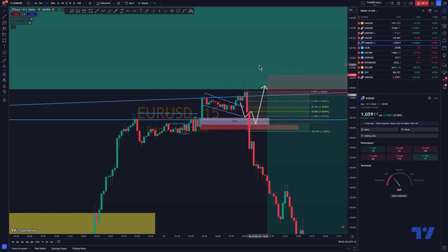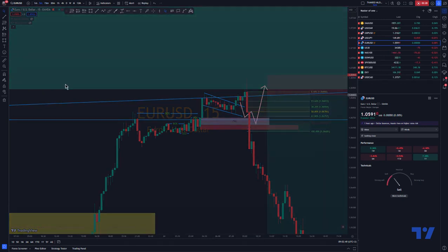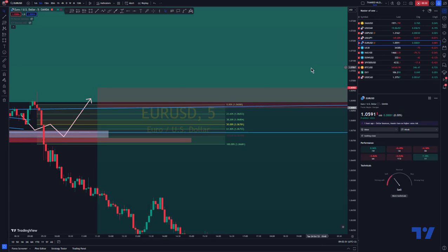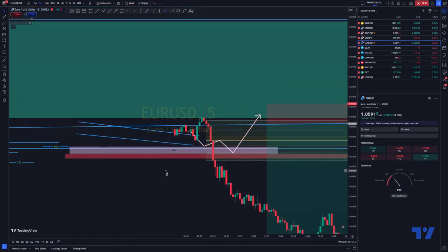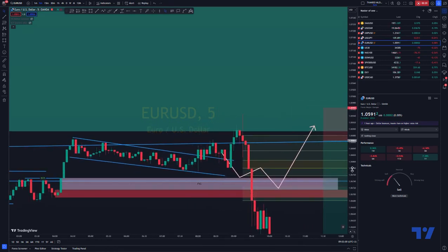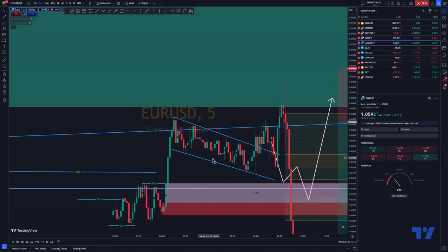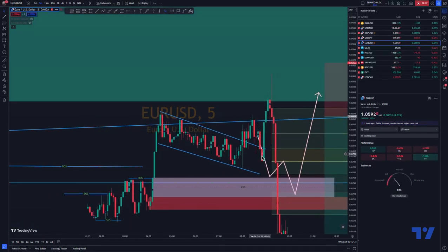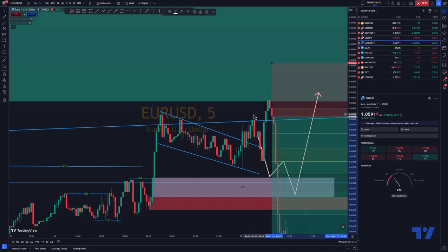So when I saw that happening, what I did is I scaled down to the M5 time frame to look for a good bias. Now on the M5 time frame, I saw that it broke out of that structure, came back down to this area, came up, then from there was to come down. So I looked at this candle, I saw it go up and come down, and I saw it close bearish after it hit the H4 demand area. Then I entered my trades from there with my stop loss above that high over there,